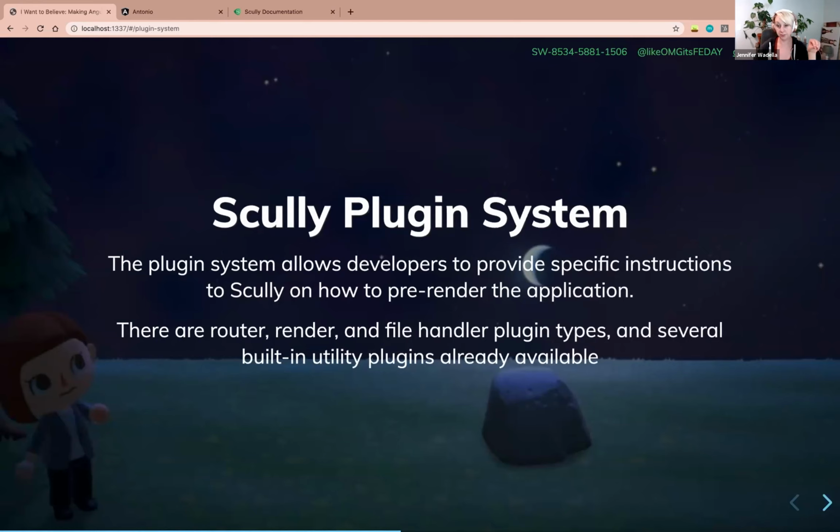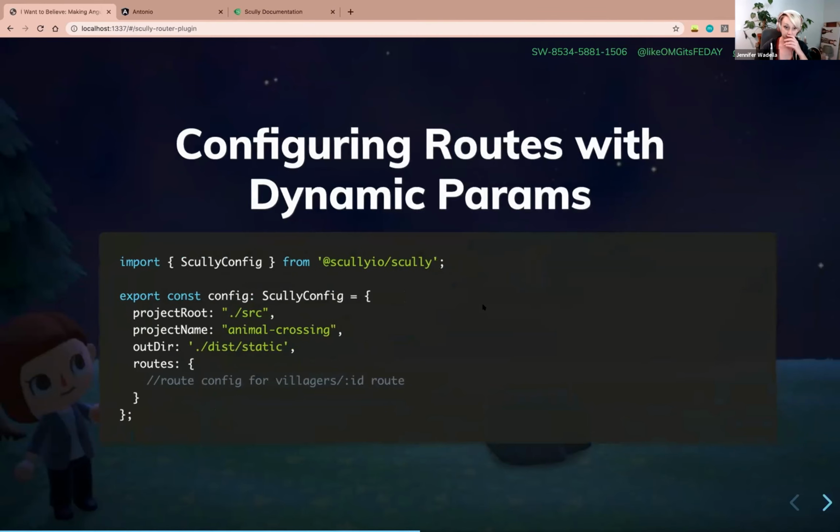So what we're going to use initially for our dynamic routes, so every time we want to generate a page for a villager with a specific ID, is the JSON plugin. One of the files that was created when you ran ng add Scully init is the Scully config file. You're going to see some sort of export like this, where we've got our Scully config, where we're passing in a lot of information.